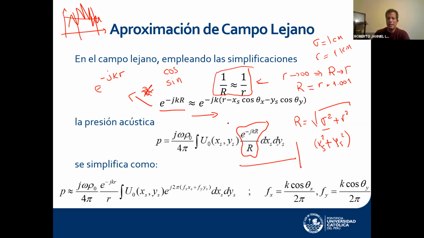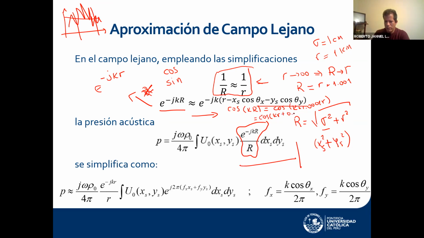But imagine that I have cosine of k times capital R. That's going to be equal to cosine of k times 1.0001 little r, or something like that. I think I added an extra 0, but you're going to get the point. So that's going to be equal to cosine of k little r